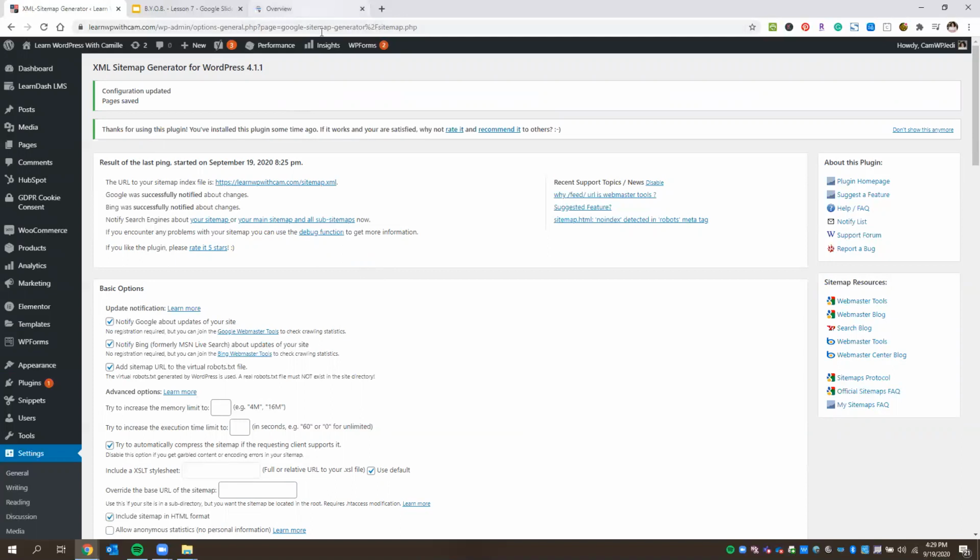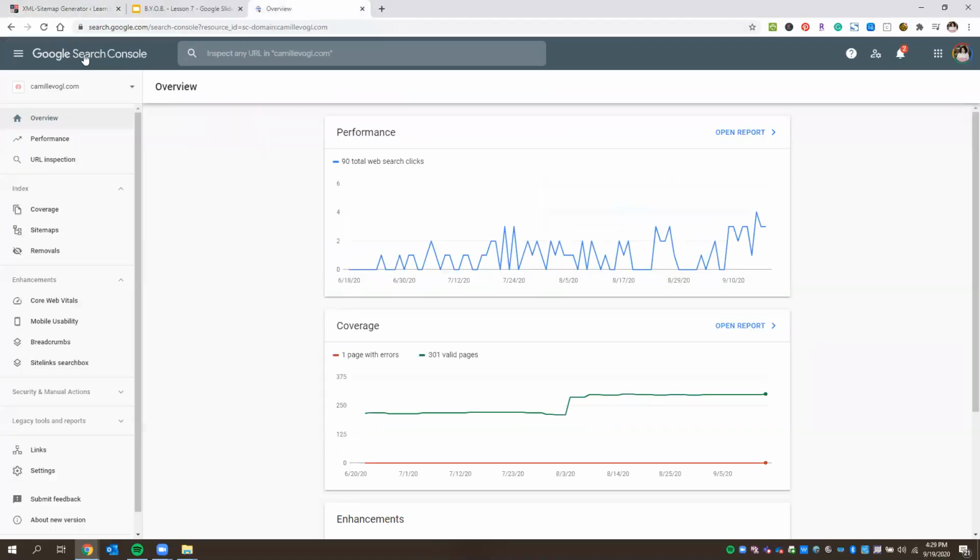The next step after actually installing the sitemap onto your site is you are going to want to then go to search.google.com, which brings you to the Google Search Console. Now, I already have it installed for most of my domains, and I'm going to just walk you through how to install one. So when you go to search.google.com,